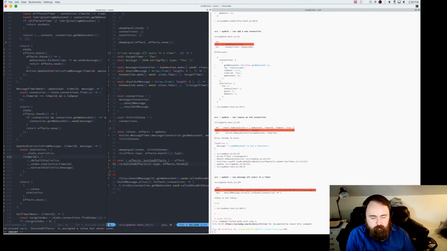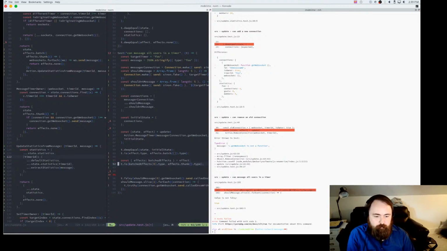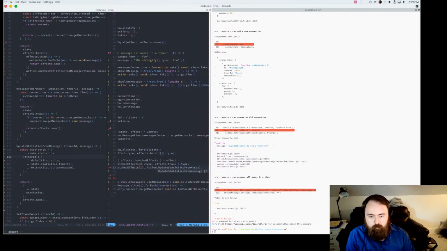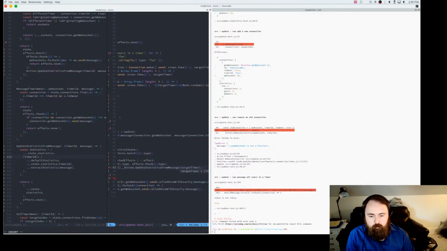Actually, I can probably just do a thunk like that. We'll see. .type. And we know our second one is going to be a call to action.update statistics from message with a timer ID of target timer and a message of whatever our message is.